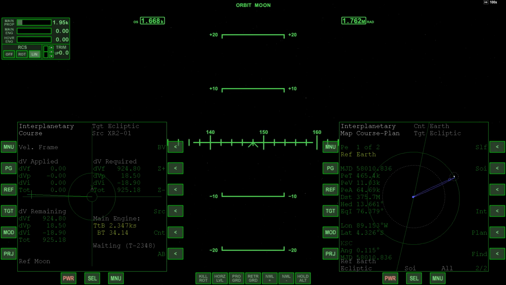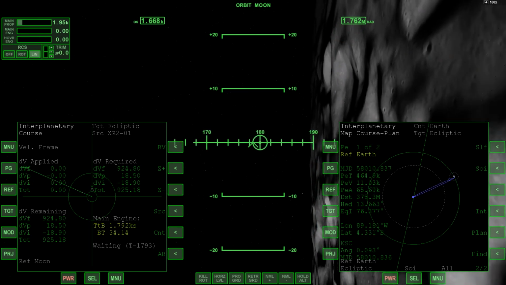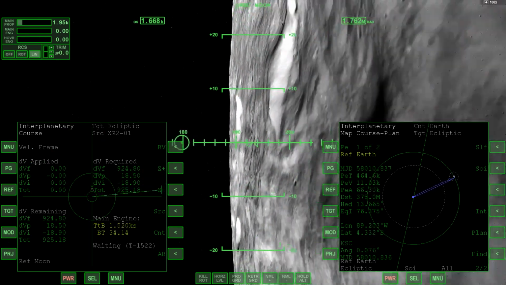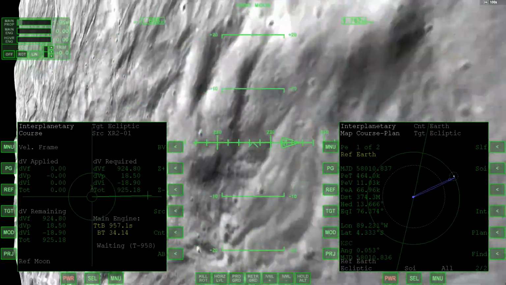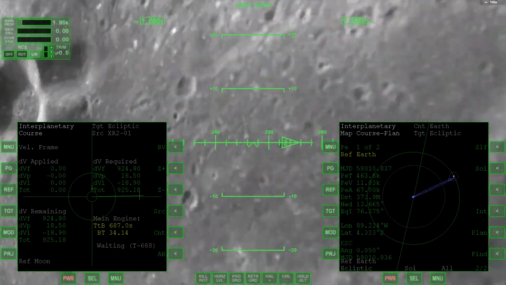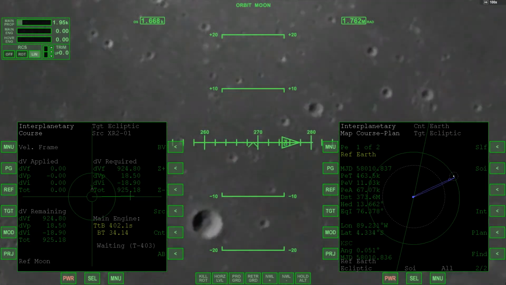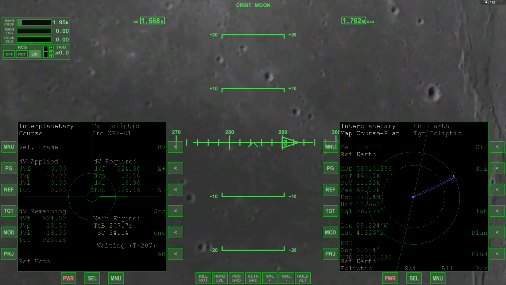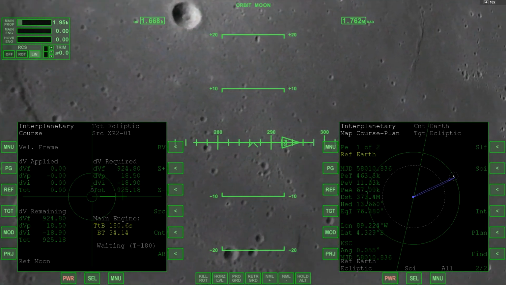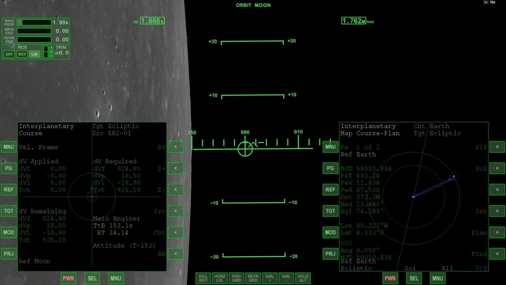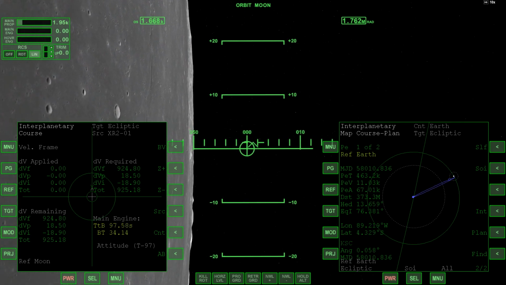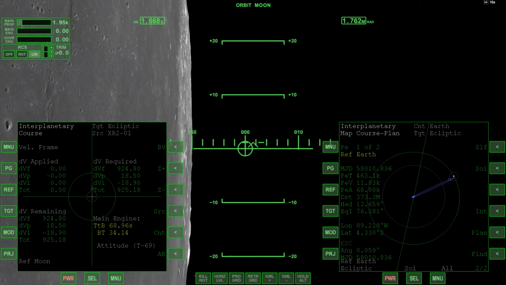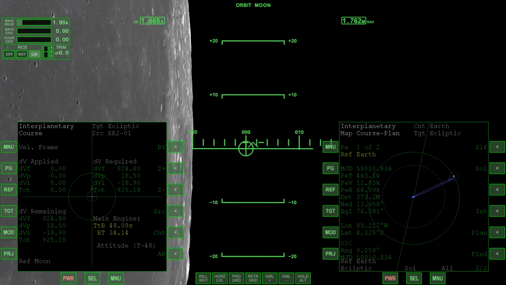According to burn time on the IMFD on the left side, we're looking at about 925 meters per second and change, not really too much. And that means we're going to have a little bit of fuel left in the main tanks. So we'll probably just transfer what fuel we have left in the main tanks into RCS after the burn, because we're no longer going to need our main engines once we complete the ejection burn here. So the autopilot for IMFD is taking care of the burn for us here. The timer is counting down. We're about a minute out from the burn at 10 times acceleration.